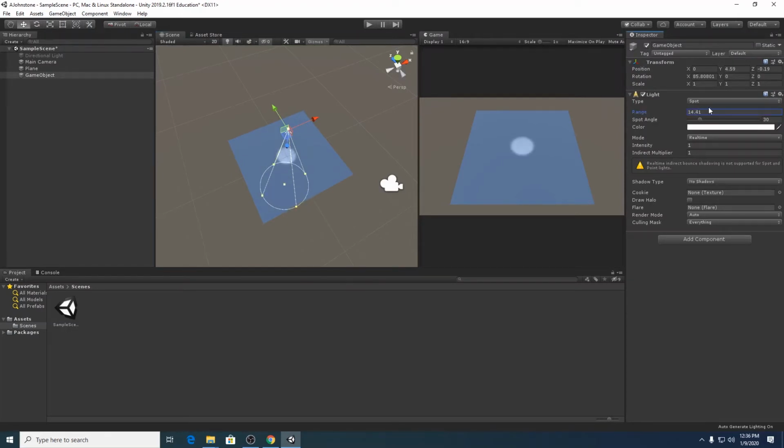The range you can play with is going to change the intensity as it hits that plane. The spot angle is going to do that too. A common thing in a lot of games is just to stick a spotlight above the player character,